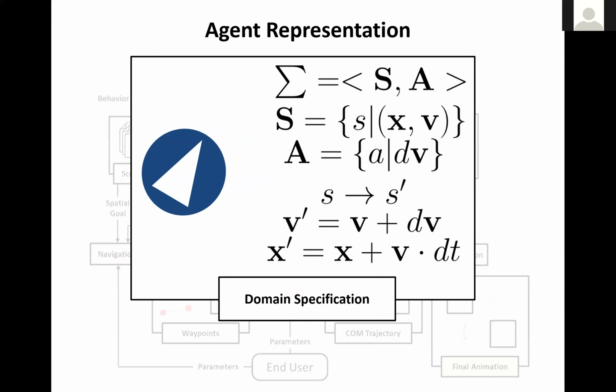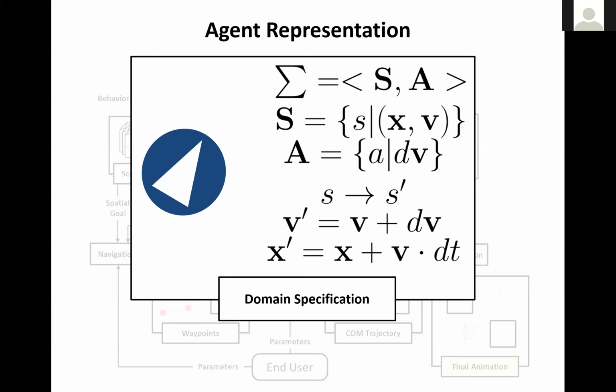So given the ability to represent an environment and use that for pathfinding or navigation, the next thing that one must tackle is to come up with a suitable representation of the agent, to inject life into this environment by populating it with these agents. One must carefully consider the most compact and efficient representation of these agents. We don't want to make them overly complex, because that will provide a computational overhead or a bottleneck.